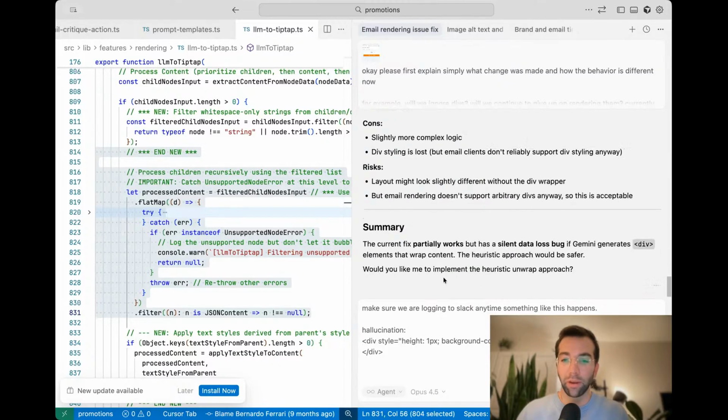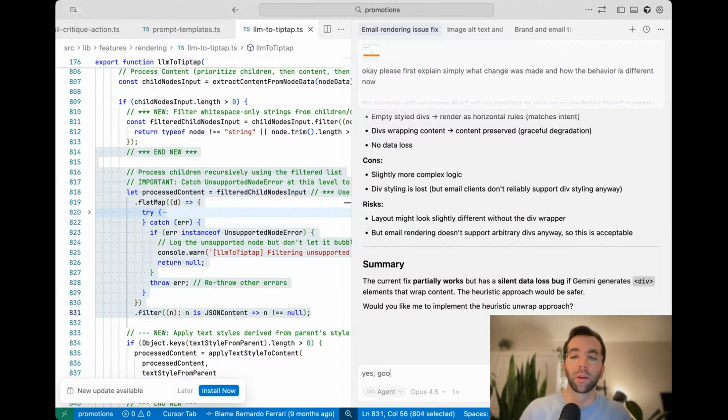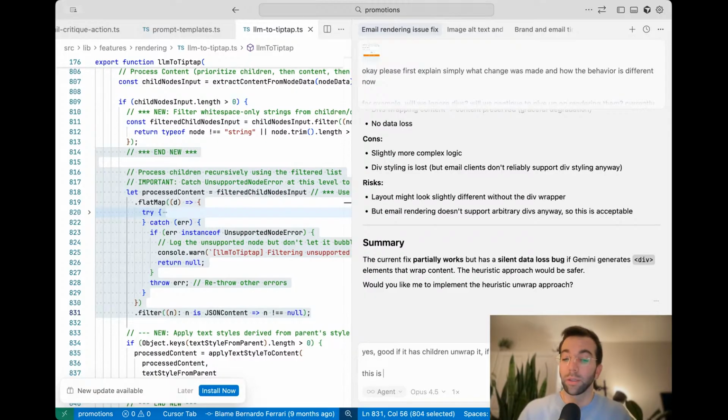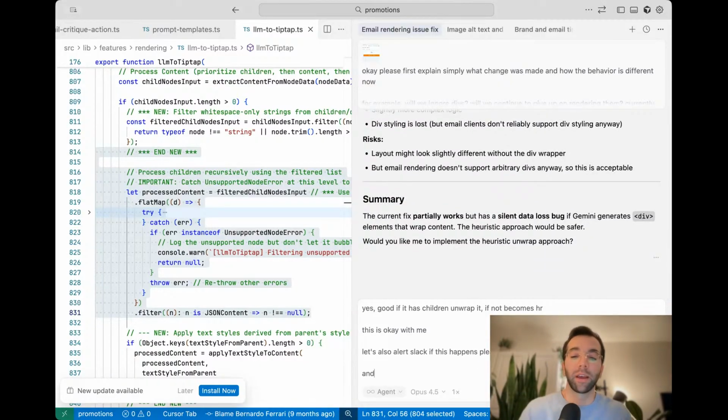Yeah, get rid of the div. Get rid of the div. Get rid of the div. Yes. Okay. Yes. Good. If it has children, unwrap it. If not, becomes HR. This is okay with me. Let's also alert Slack if this happens. Delete. And when we create